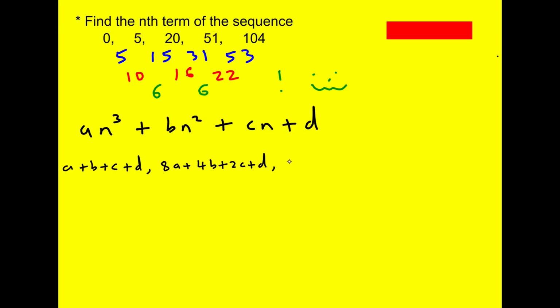We're going to get, for n is 3, 27a plus 9b plus 3c plus d. And finally, for n is 4, 64a plus 16b